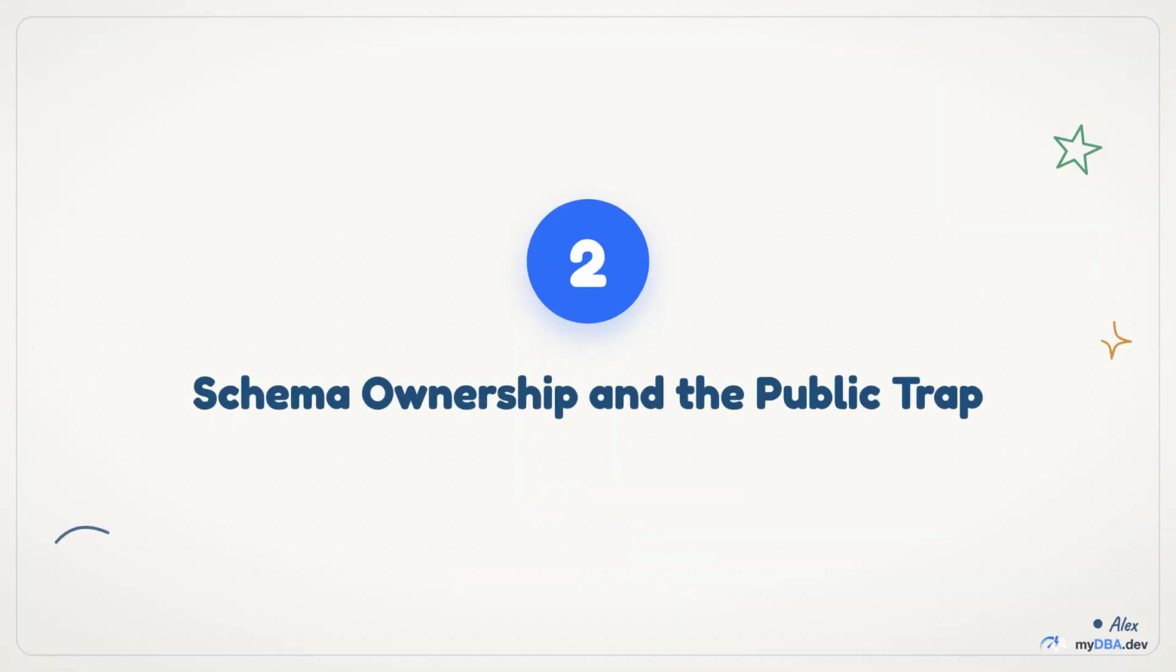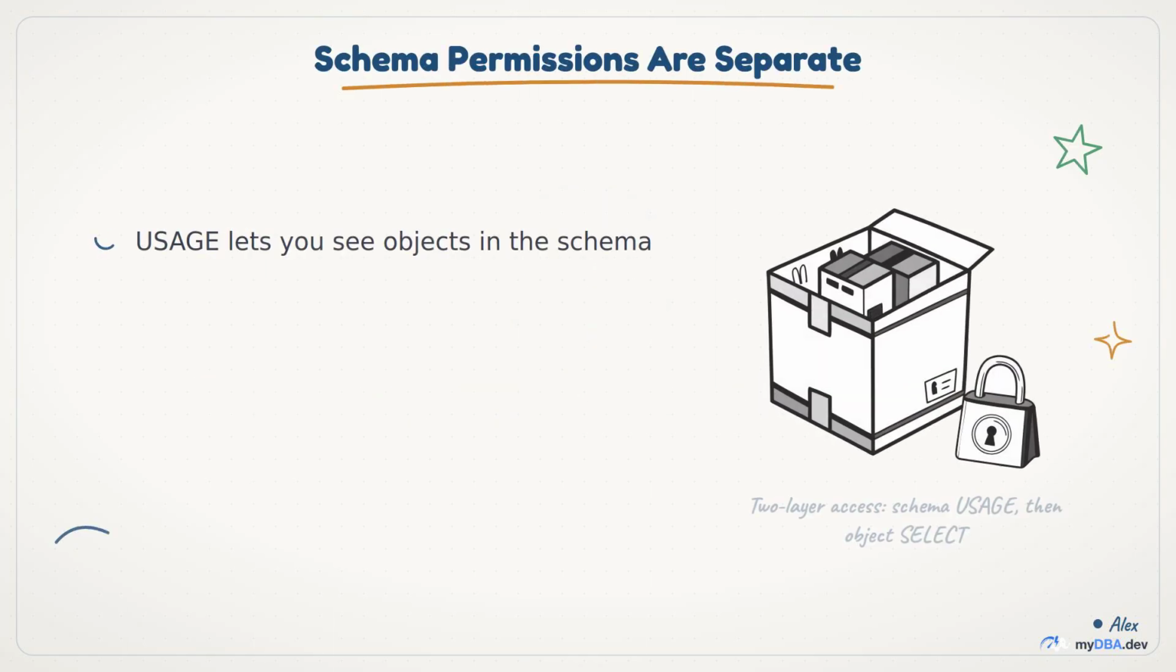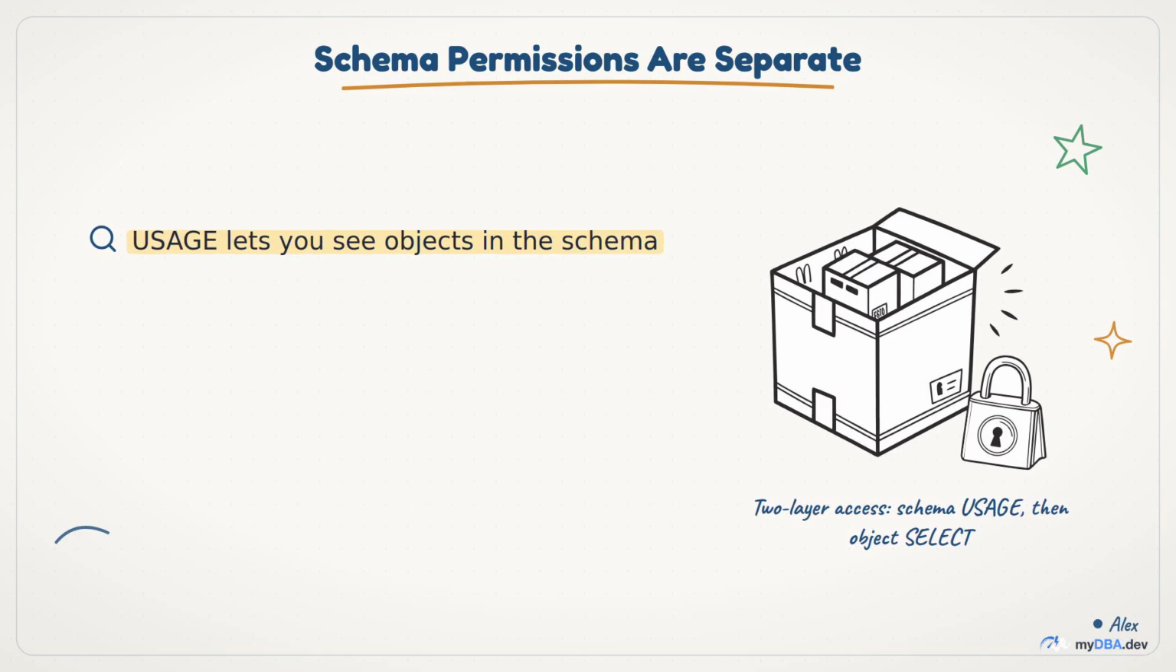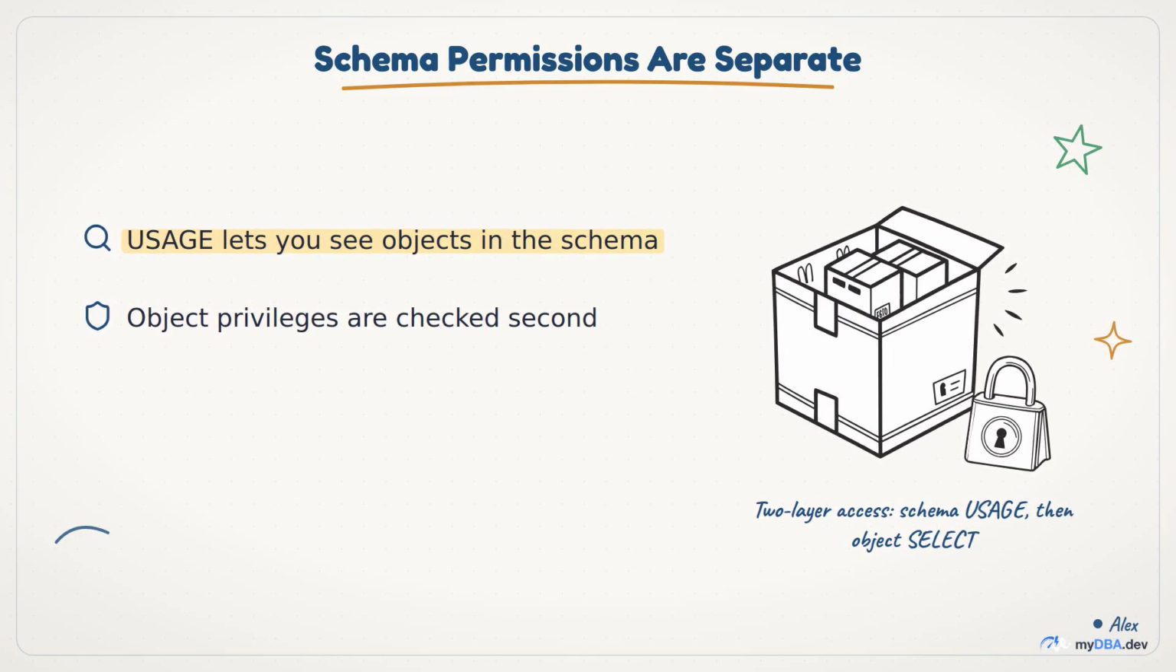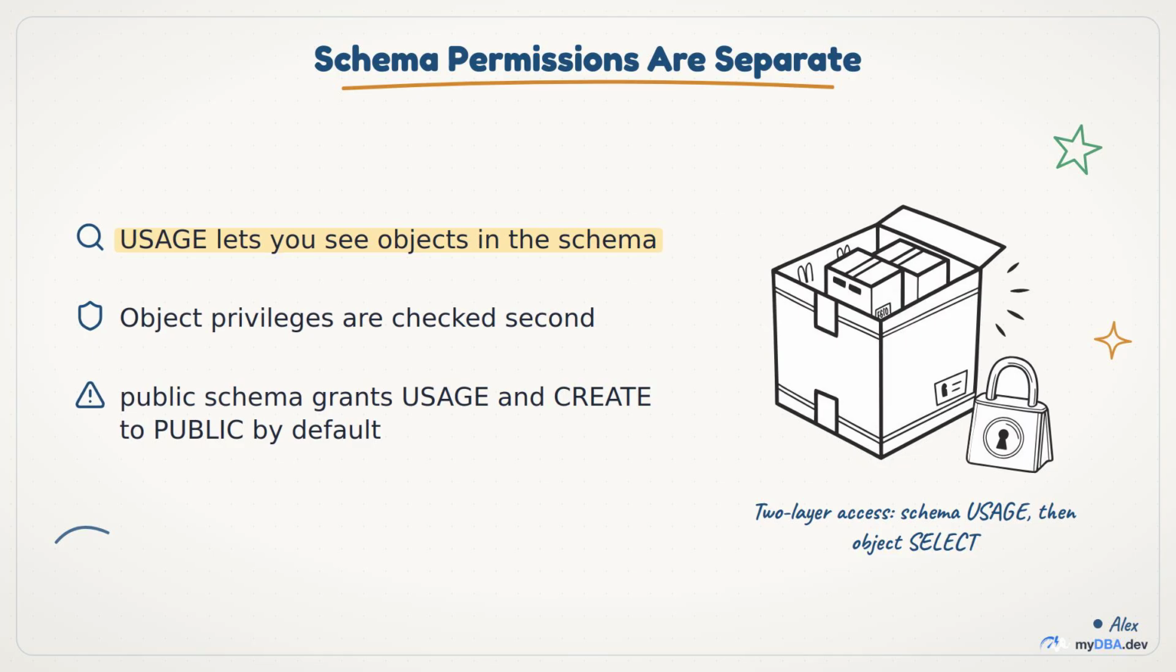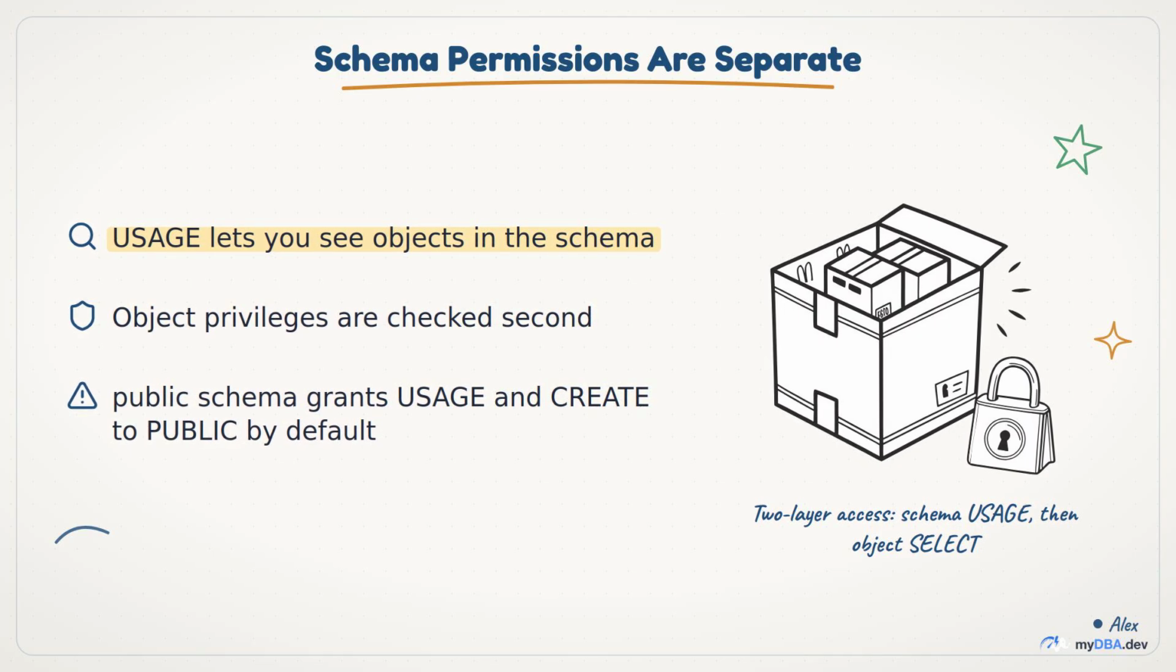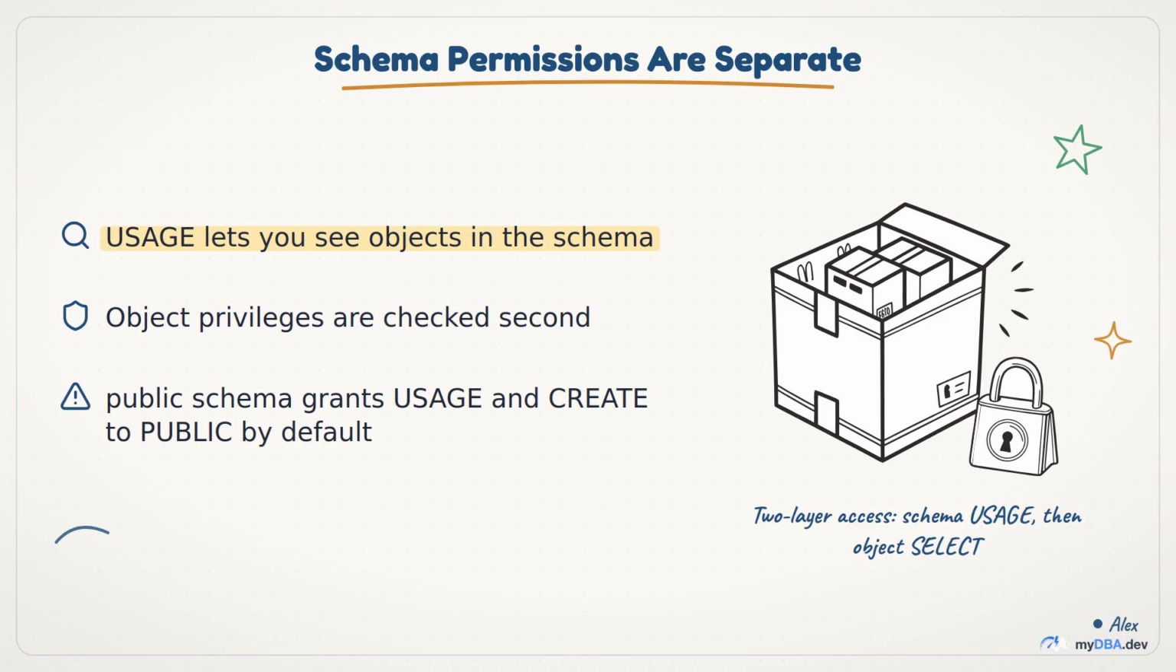Now schemas, because this is where most MySQL migrants get blindsided. I thought schemas were just namespaces for organizing tables. They are, but schemas can have permissions that affect access to the objects inside them. Every object lives in a schema, and you need the right schema permissions to access those objects. To query a table, you need USAGE on the schema and SELECT on the table itself. Two layers. If you revoke usage, the role can't even see that tables exist in that schema, even if they